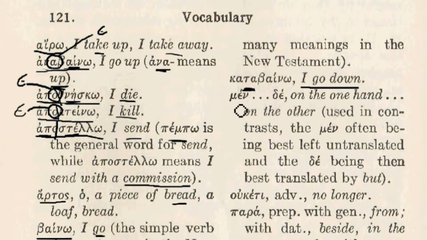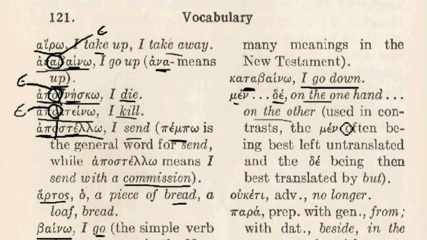The next word we have is actually this combination of words, men, de. Men is used in combination with de to mean something like the English idiom, on the one hand, on the other. On the one hand, I said A to Alan, but on the other hand, I said B to Ben. You know, that idea, where we're making a kind of contrast between two ideas, on the one hand, on the other. However, in English, you'll notice that that is rather cumbersome, and we don't use that expression all that frequently. It's when we really want to emphasize the notion of on the one hand and on the other,